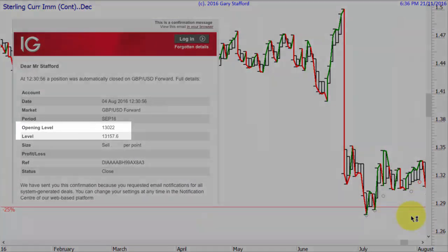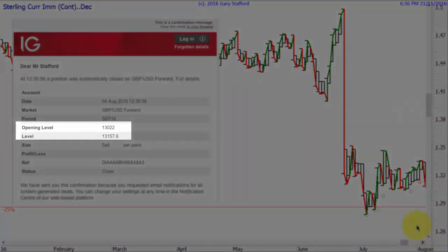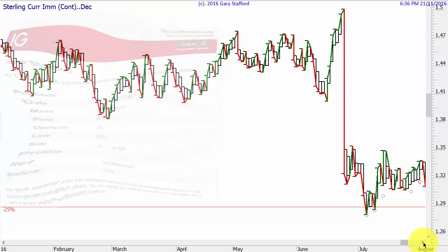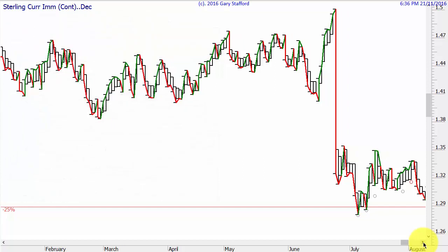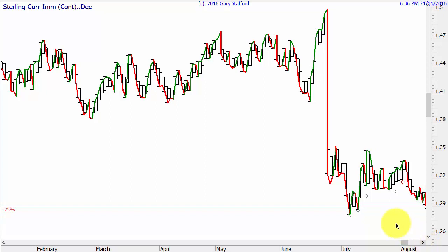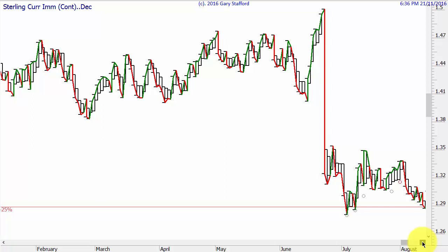So did I get out at the right time? Well, was I right about what I said about 3 bottoms at the same level? Well, yes I was, because it went down. And in fact, it went below where I bought it, and I would have now been in a loss if I wouldn't have done what I've shown you. So I didn't make a lot of money out of it, but I probably did as well as I possibly could due to the circumstances of trading sideways.